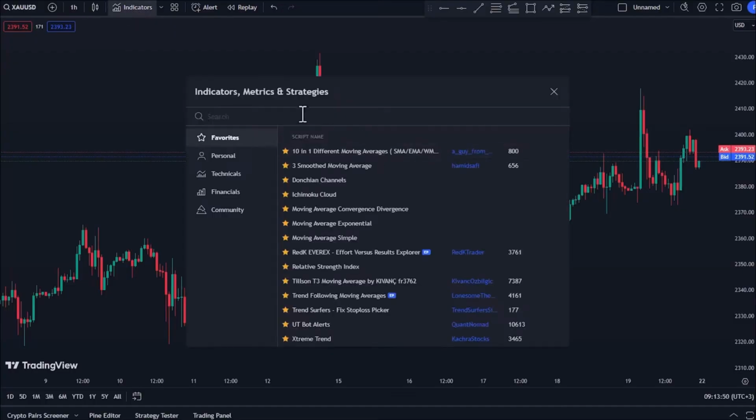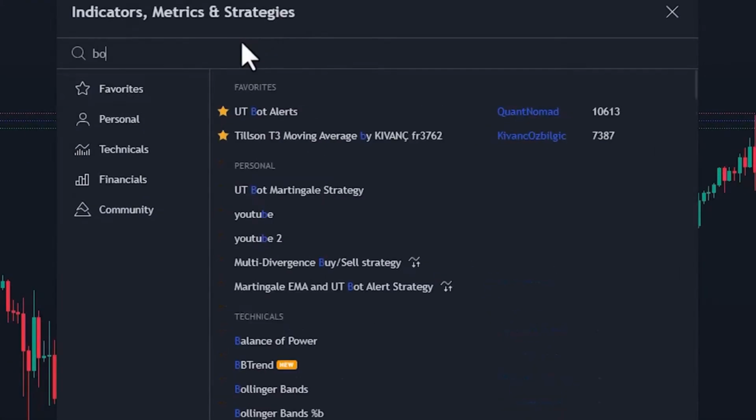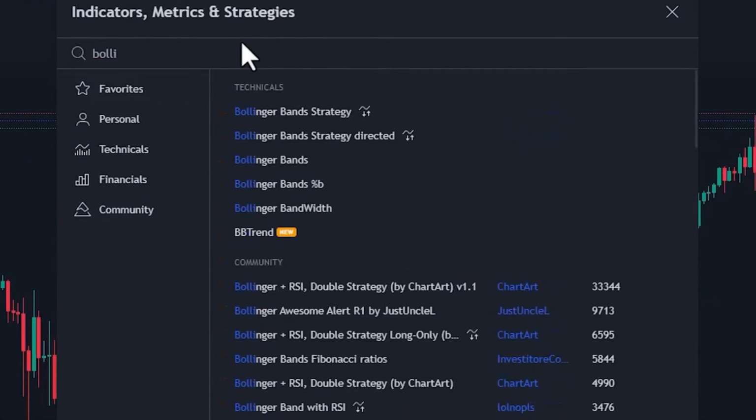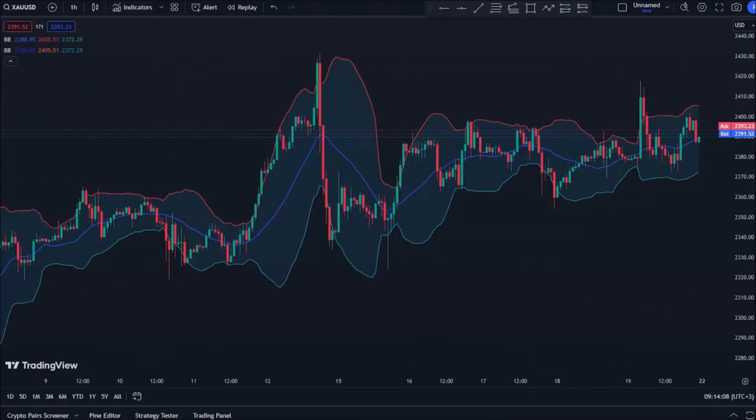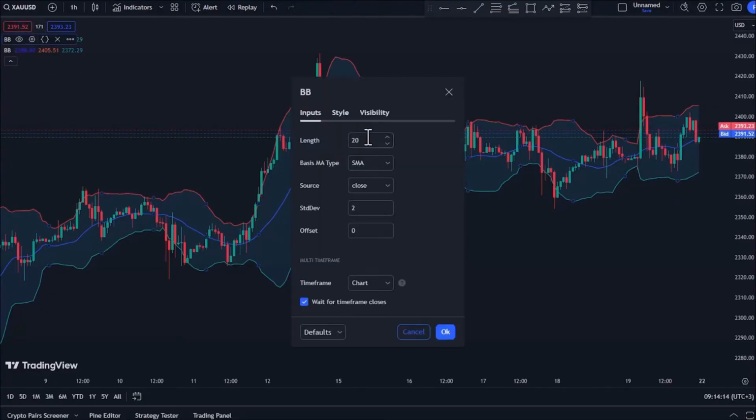As I mentioned to you all, we use 3 indicators. We add 2 Bollinger Bands to the chart and double-click. And we proceed to make our settings on each of the Bollinger Bands we added. For the first Bollinger Band